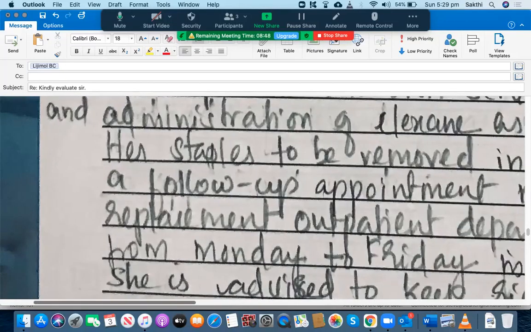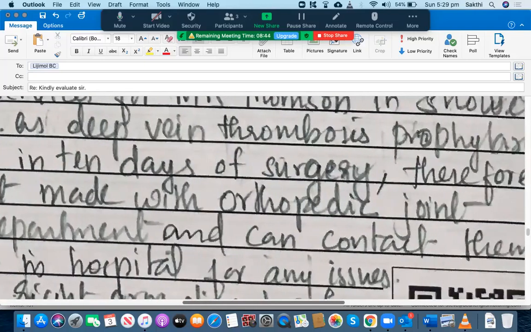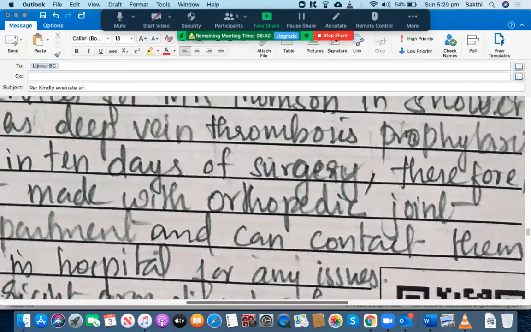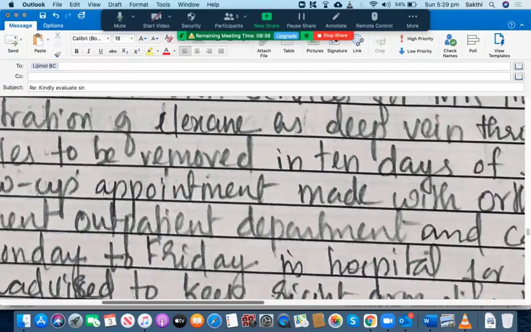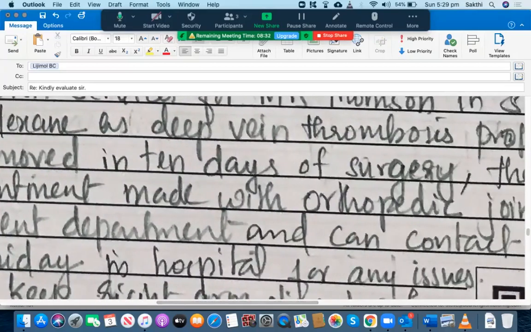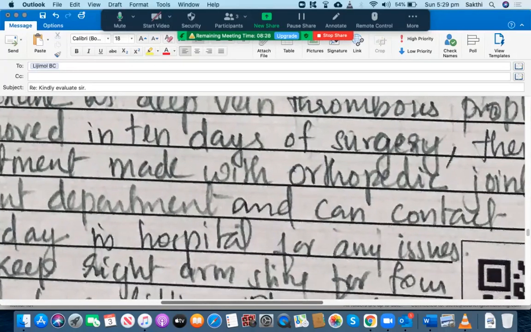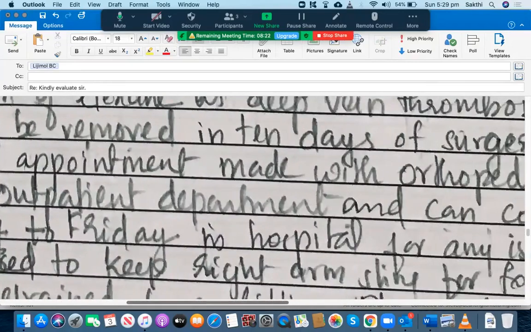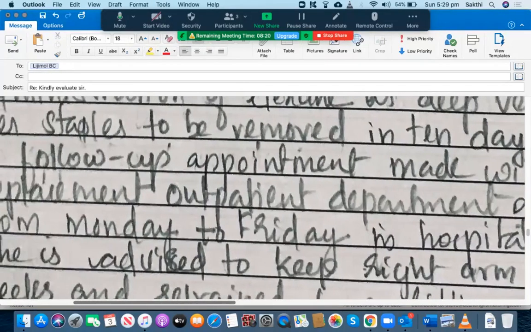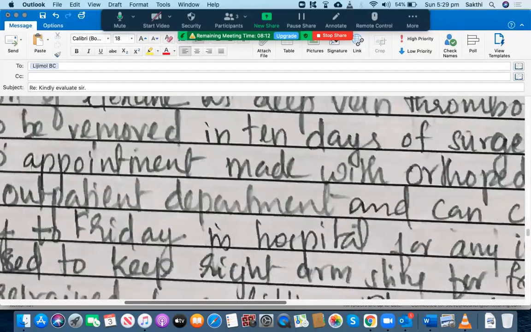In the case note, it is written "10 days post-op, then hyphen staples removal, comma, follow-up appointment in orthopedic joint replacement outpatient." I think it's the same thing, for the removal of it. So you should have mentioned: a follow-up appointment is also made in 10 days at the orthopedic joint replacement outpatient department for the removal of her staples. Simple. Instead of writing so many words, you could have shortened them. Instead of writing 2.5 lines, you could have made it within 2 lines itself.